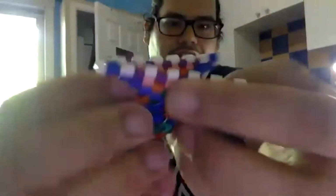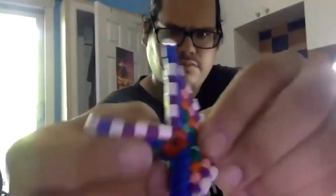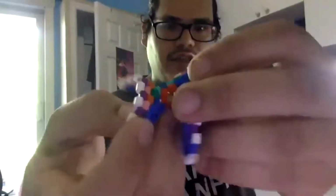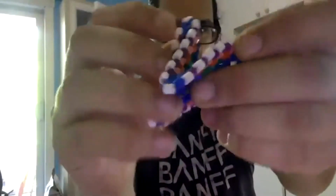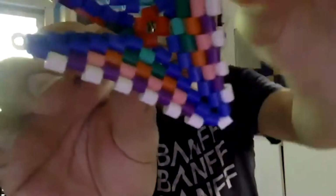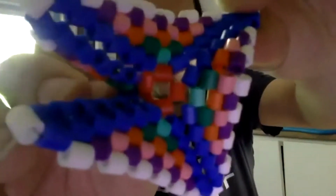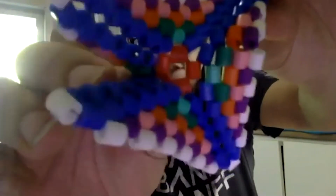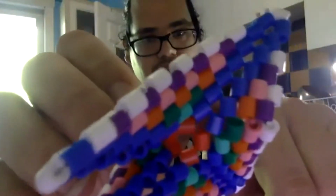See? This is a warped pentagon. And it's a pentagon because of how many beads are in the center as they start. If you look closely, you'll see that the start of the piece is red, and I marked it that way so that everyone could see how it's constructed. As you can see here, the blue is